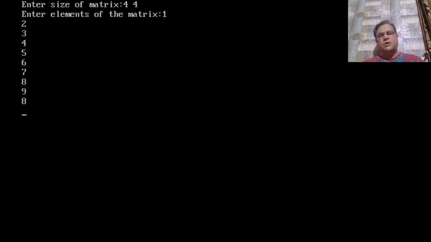Like I will enter the elements of the matrix like this: 1 2 3 4 5 6 7 8 9 8 7 6 5 4 3 2. So I have entered 16 elements, and then when I press enter, my program will perform addition of all of them. Then it will display this particular thing into matrix format, and below that it will display sum of all